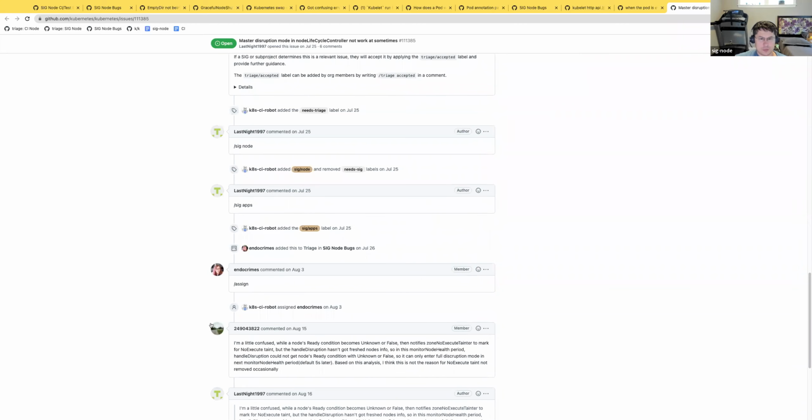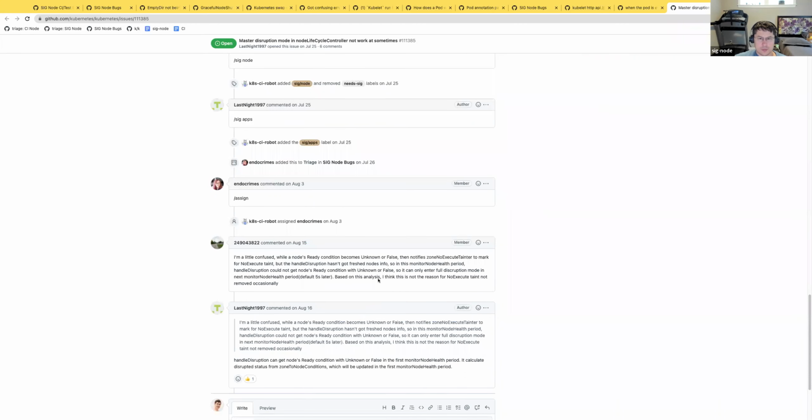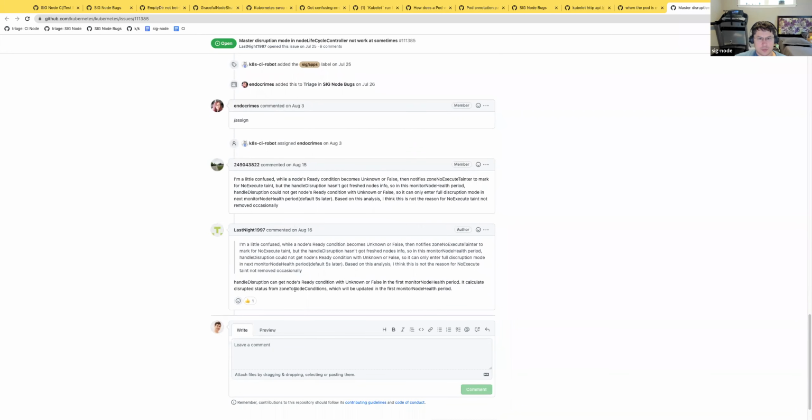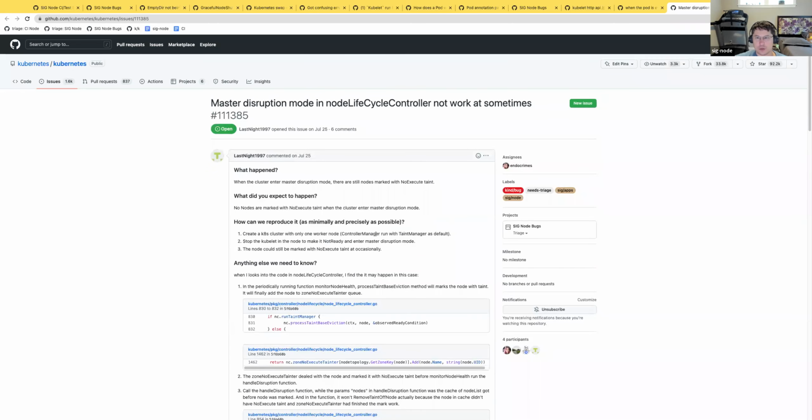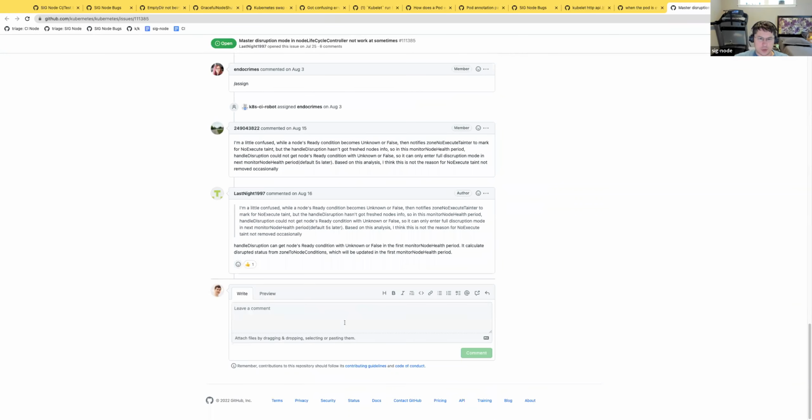Interesting. Okay, another inconsistency in the node controller. I think it's safe to accept. If somebody wants to take a look at the node controller, please take it.